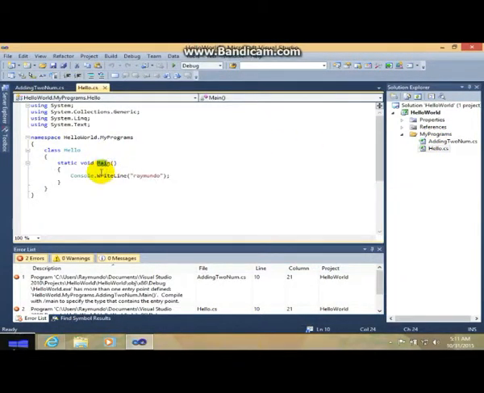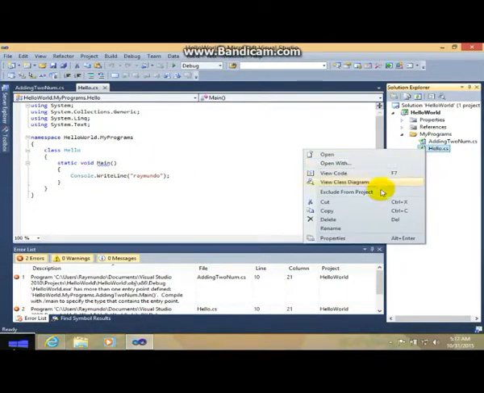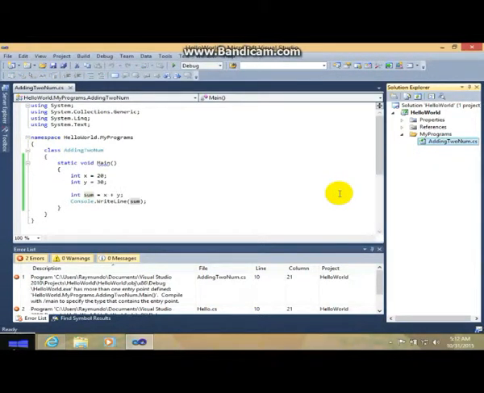As you can see, here is the error, Main. To fix that error, you have to exclude from project. Once you exclude it, it will disappear.